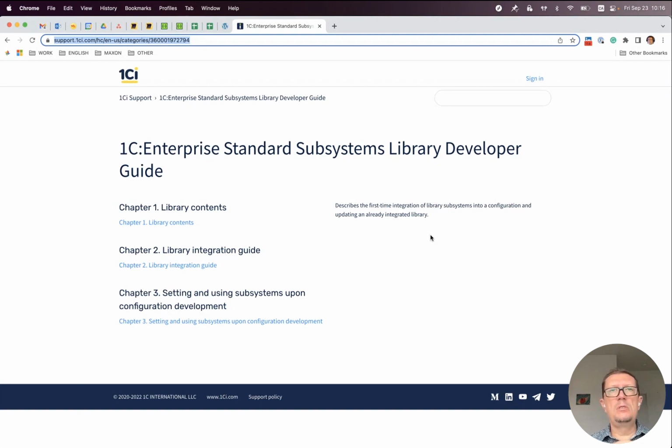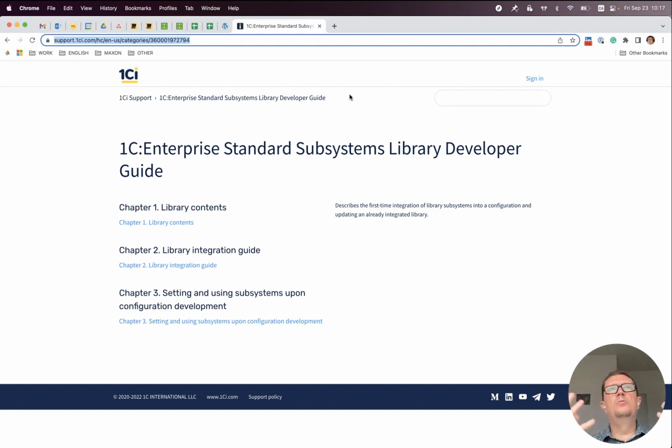Basically, there are three main scenarios when it comes to using the 1C standard subsystem library. First of all, if you're just starting to implement an application from scratch, so this is a new project and there is no already existing application, it makes perfect sense to start with the subsystem library already installed inside your application. Before you start developing, you need to collect the functional requirements.